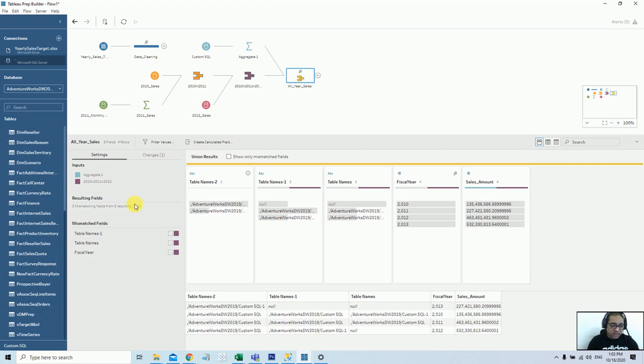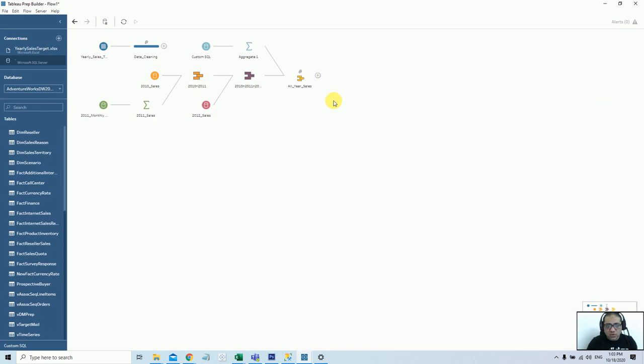You see, particularly on my screen, currently I use the same database for the sake of this tutorial, but for sure you can have multiple connections which belong to multiple data sets. You can have multiple files, as many files as you can join, you can come up with any scenario. So now let's move on. So we have, if you see, we already joined the complete sales we have.